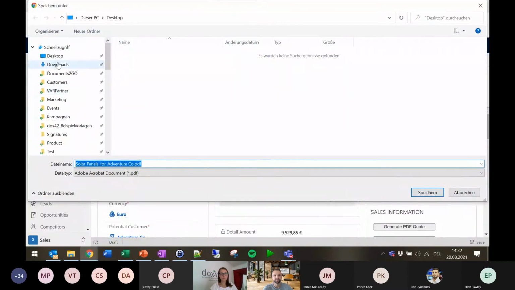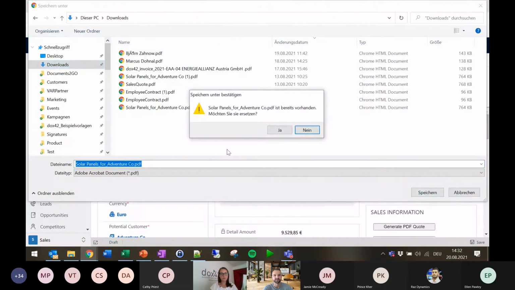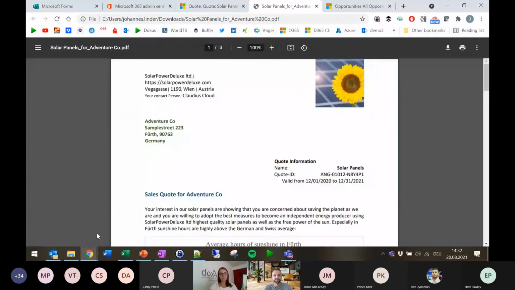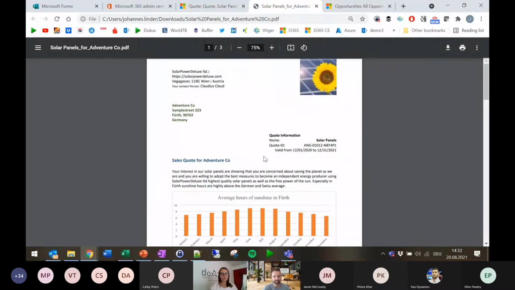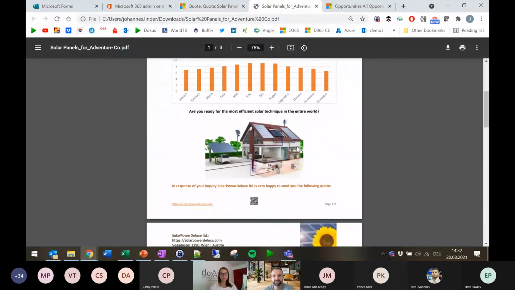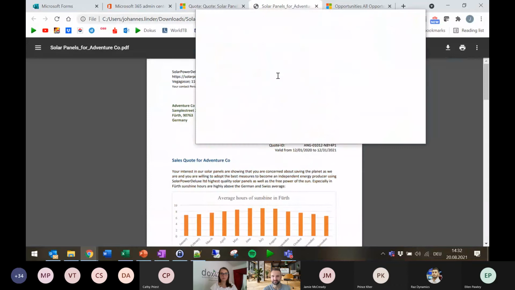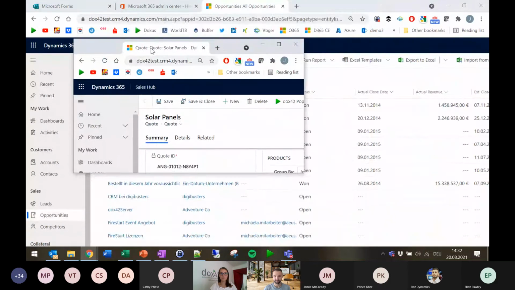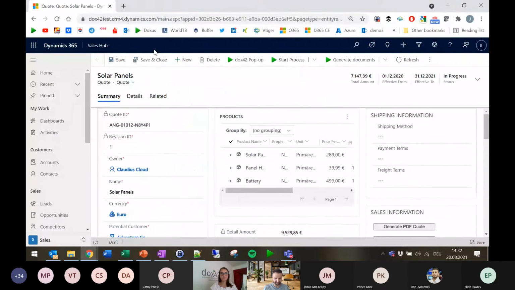So that was downloaded. Let's just save them here. Right. So the top part goes a little side by side so we can actually see where the data is coming from.